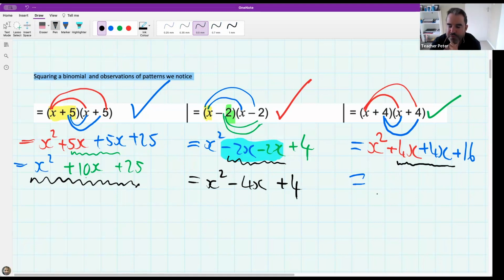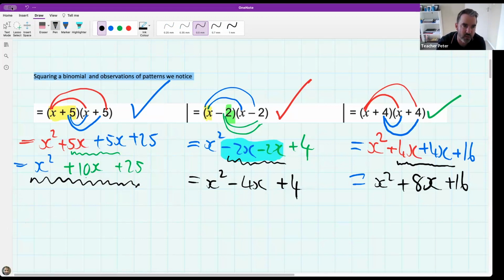Yes. What was your final answer? X squared plus 8x plus 16. Perfect. Thank you. So guys, what I want to point out to you is that whenever we square a